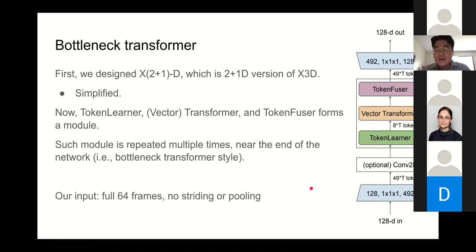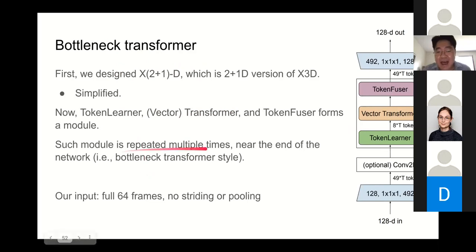So now let's apply such a thing to videos. Now, unlike images, we have TokenLearner, transformer, and token fuser all together. And this time we follow the Bartlett transformer style, which actually is an extension of ResNet. So unlike vision transformer, Bartlett transformer is doing something like having ResNet modules many times, like 3/3 of the times.